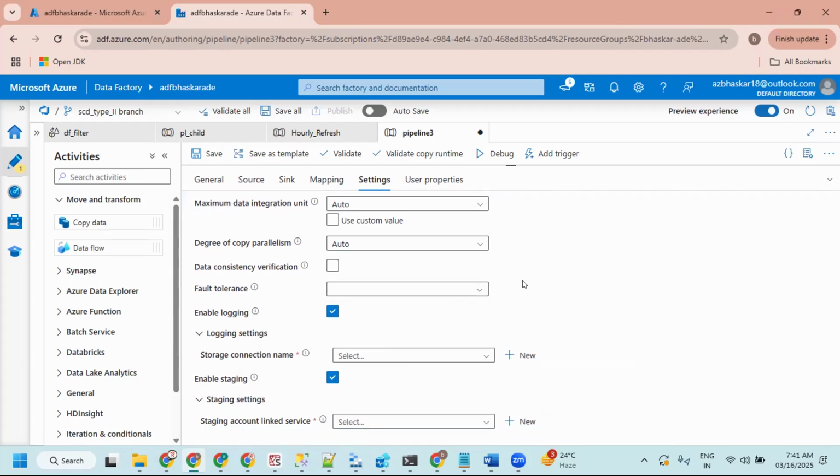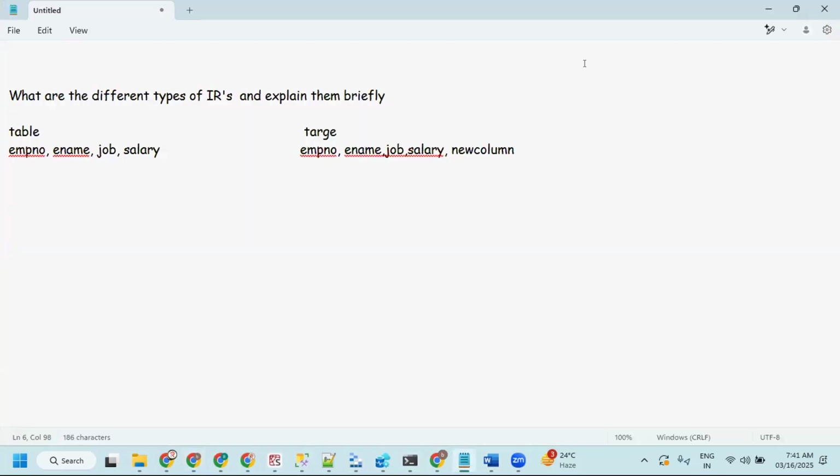Okay, so just keep these points in mind. I'll give one task, just try from your side. I think I have that sample data. One of the students asked me, and that entire note also has a task of what they're expecting. I hope you people can do it. You can feel that it is like a mini project in Data Factory. Okay, can you just try? I'll try to get that note and